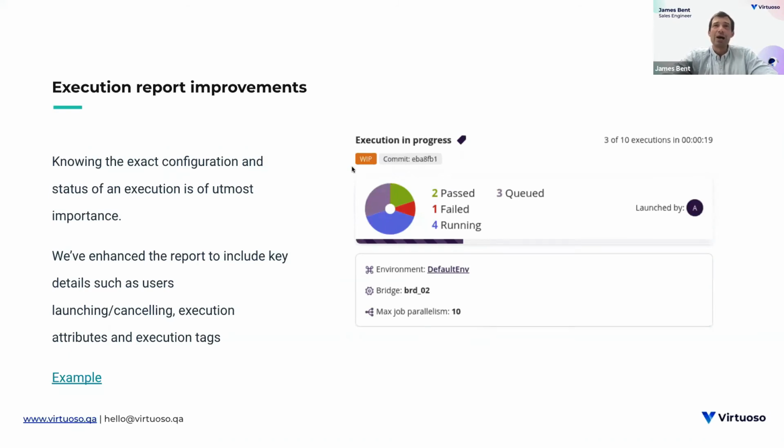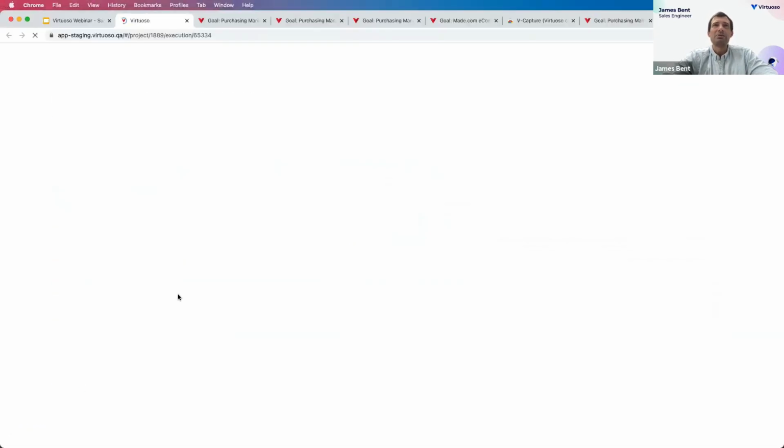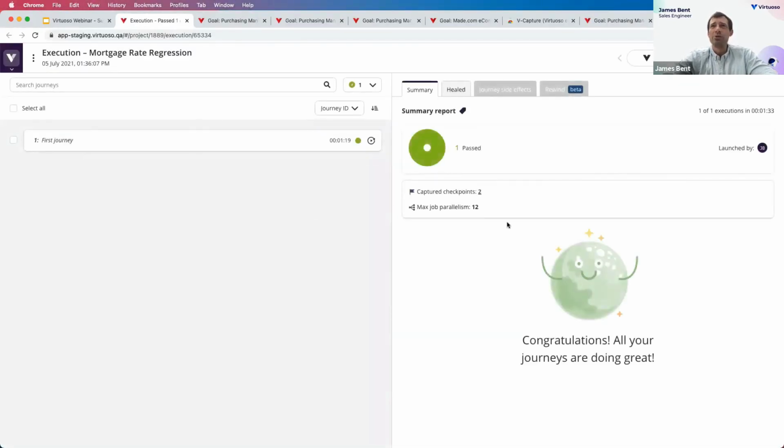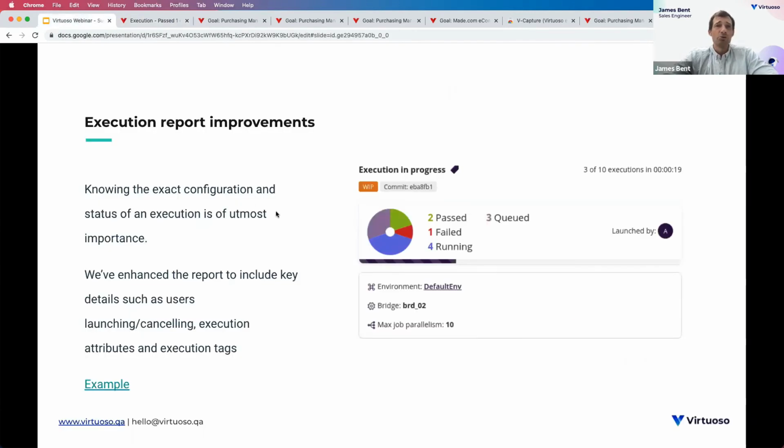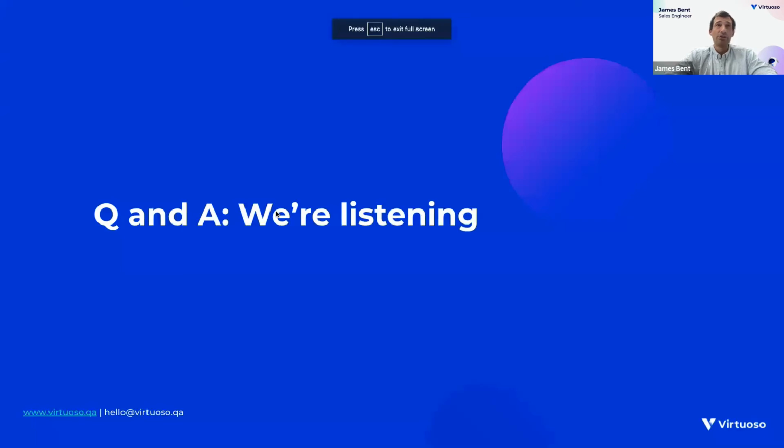You also have the ability to add and manage tags against the executions. So it's just some really nice refinements that give you further information in your executions and your project activity to get a really easy summary, so you understand without having to click through into separate places the setup, configuration, the usage, and then tags as well about who has managed this and the specifications for your executions. So again, nice improvements to reports, which then brings us to the end of our summary of all of